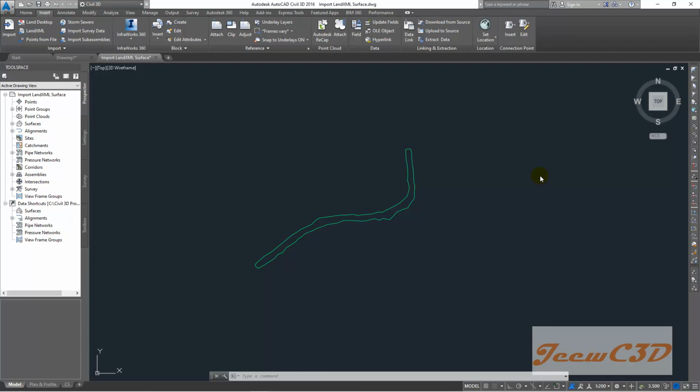In this video, what we are going to do is create the background to generate or create an alignment within this surface. Before that, I have to tell you we are still on the import land XML drawing. So we imported the surface and we set the surface style to